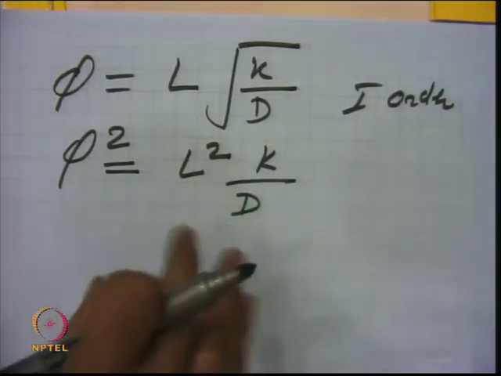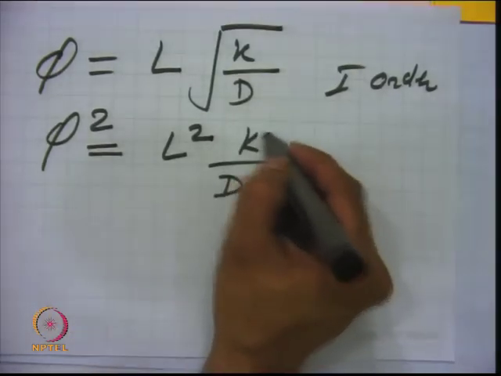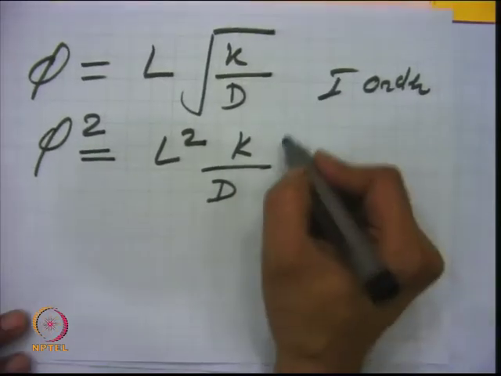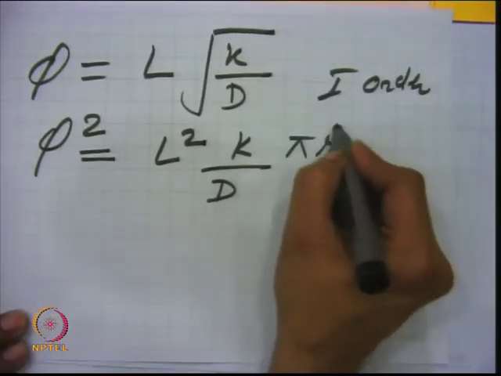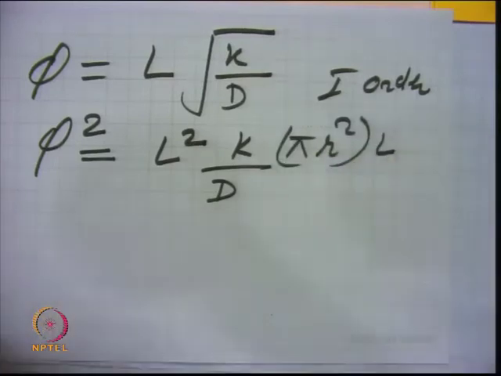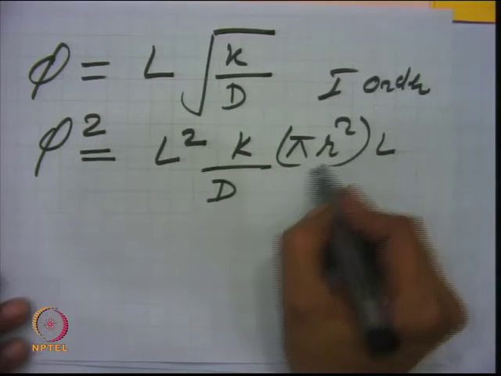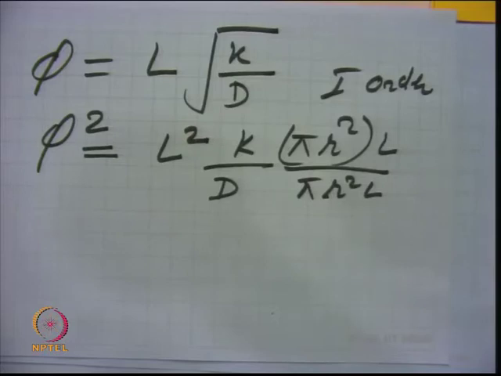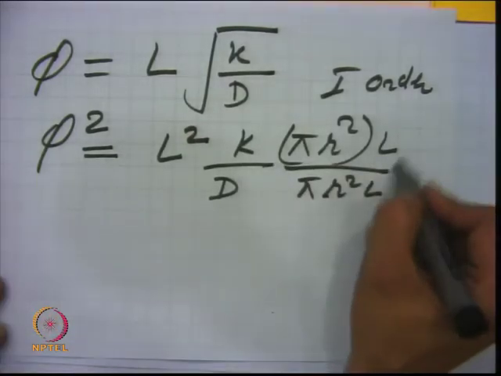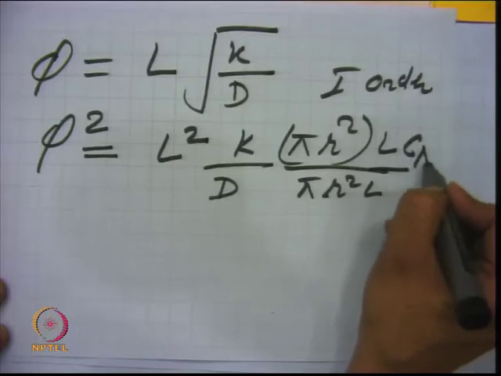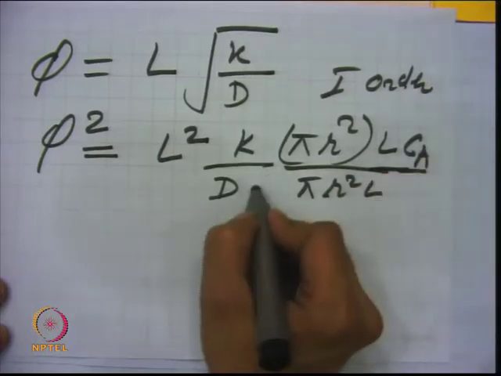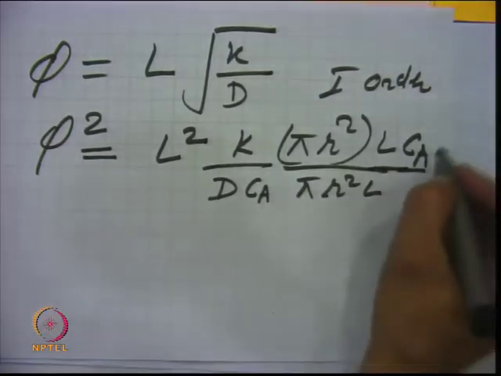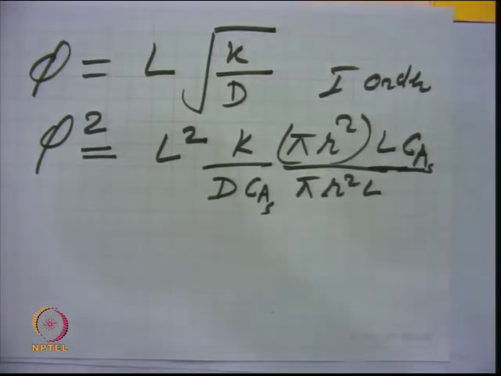Now, if I try to write it in the form, because k is the rate constant, first order rate constant here, based on volumetric unit. So, if I multiply here with pi r square times the L, that is now the volume of the pore. If I divide it by the same thing, pi r square L, there is no change. So, this is now this k, and if I again multiply, just for further understanding, C A concentration, and here also I multiply by concentration, basically a surface concentration, which will be something constant here.